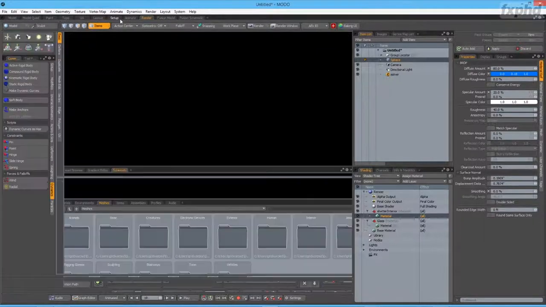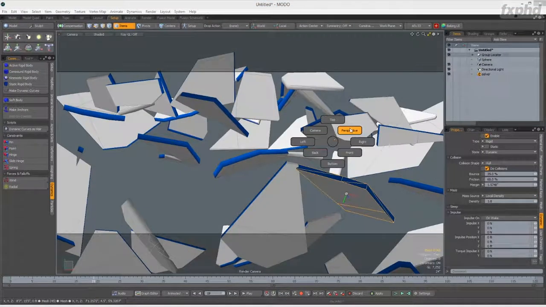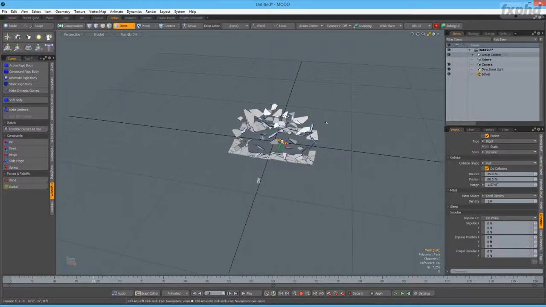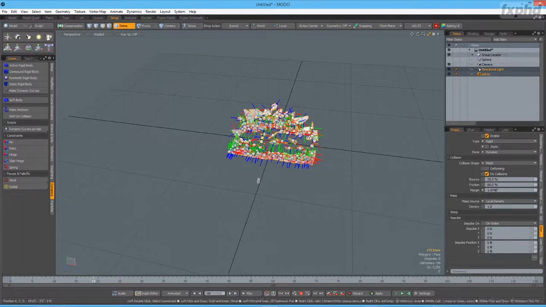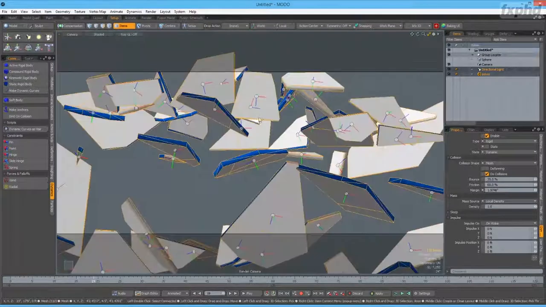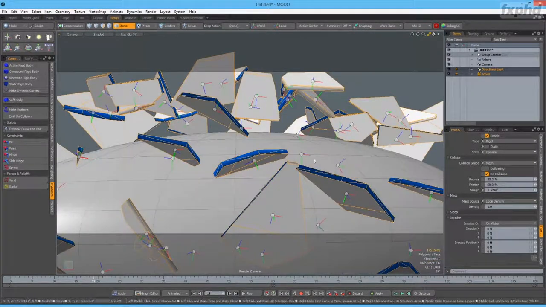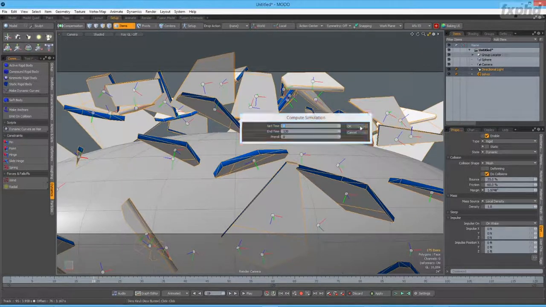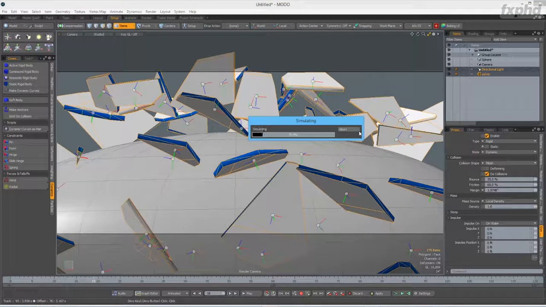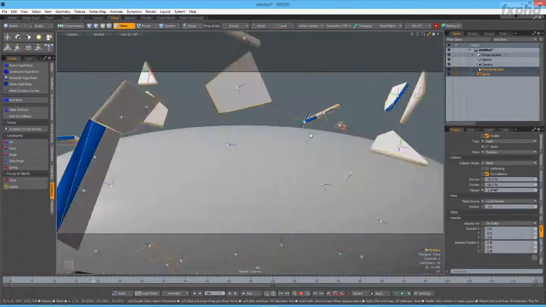So I'm going to come back to my setup tab. I'm going to come back to perspective and select all of these pieces and change this to mesh. Mesh is going to be a little bit more processor intensive. You might notice when I turn this back on and re-sim this, recompute the simulation, you can see it takes a little bit longer. Now if we turn the sphere off,